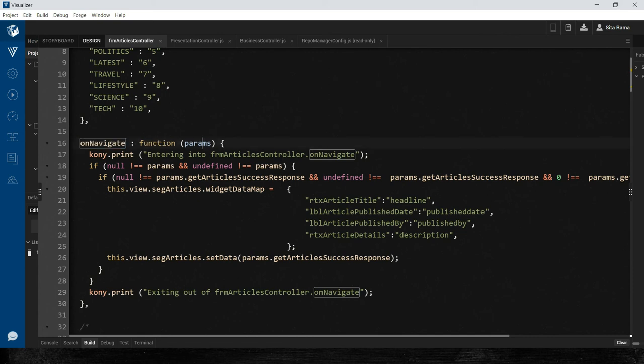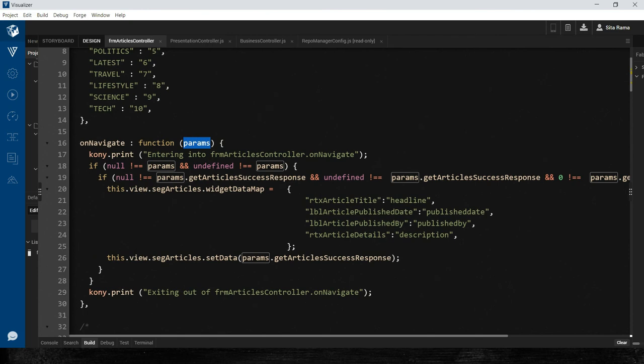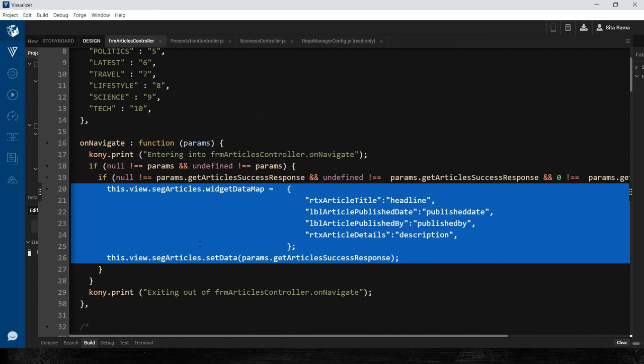And in this params object, we will be receiving the data that we are sending from the presentation controller into this form. In this params object, we are verifying whether we have a key get article success response. If we have this key, that means the service call to the backend is successful and we got a response back in the front end application, and we are processing that response.